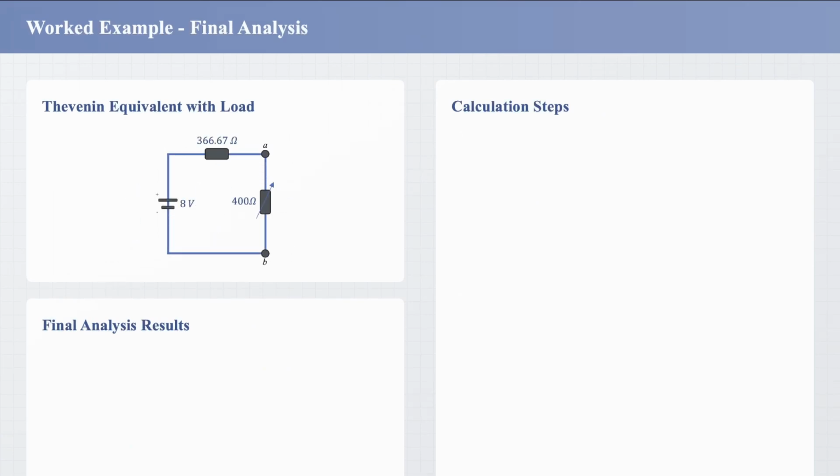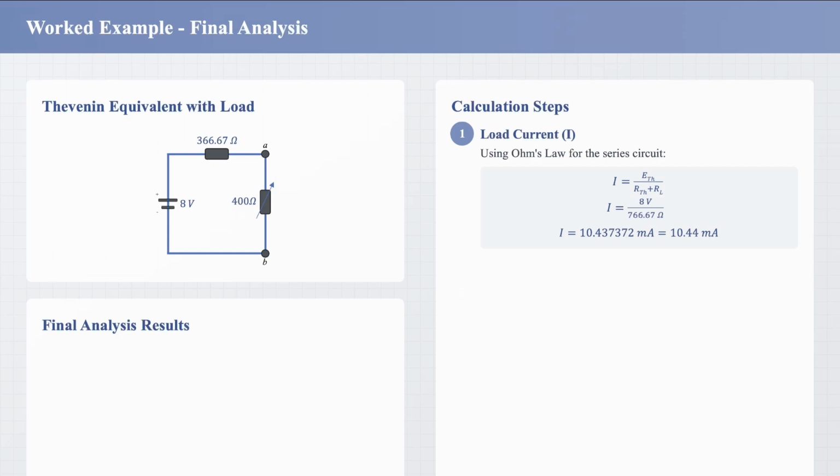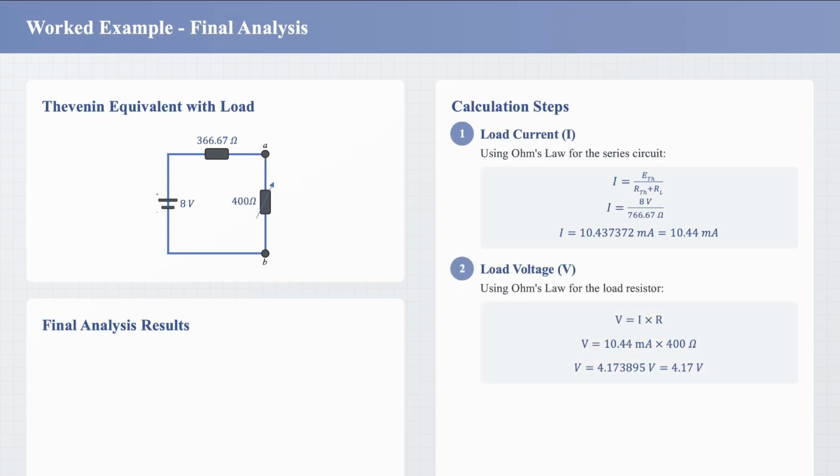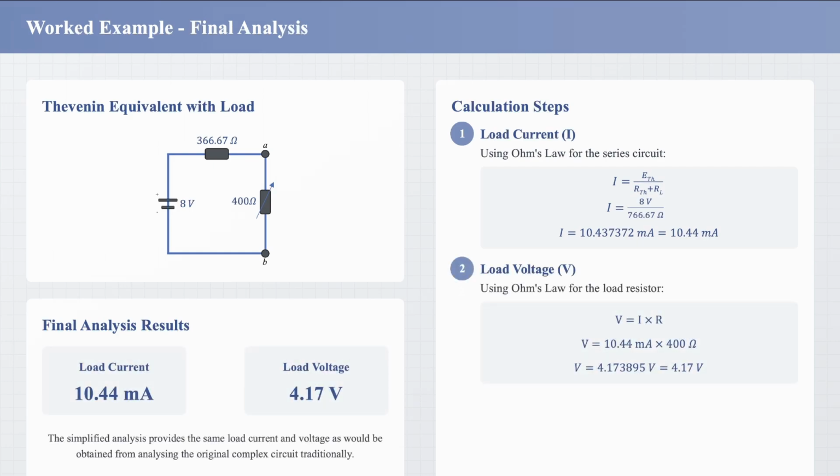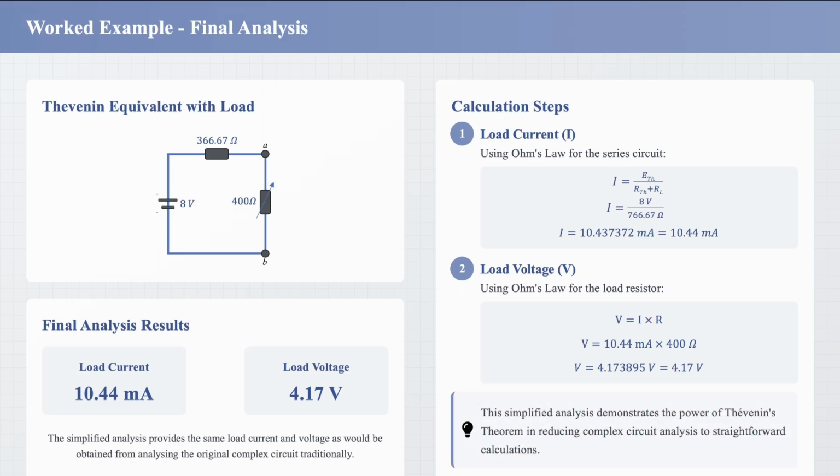Now, utilising Ohm's law, we can find the load current to be 10.44 milliamps and the voltage across the load to be 4.17 volts. This answer matches perfectly against the original network and hence demonstrates the simplified analysis Thevenin's theorem